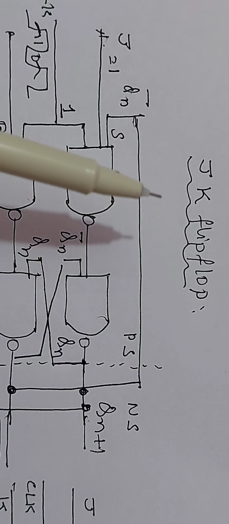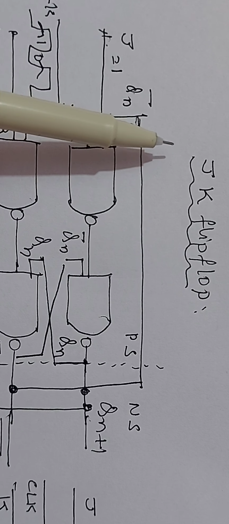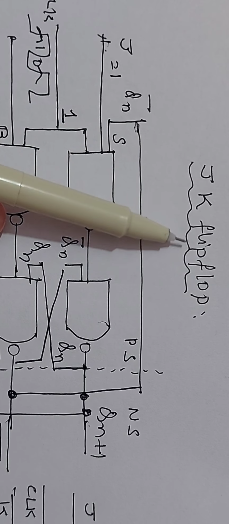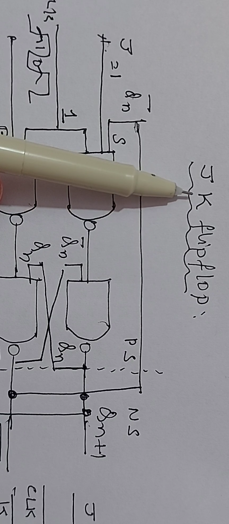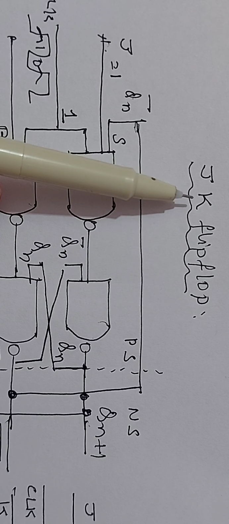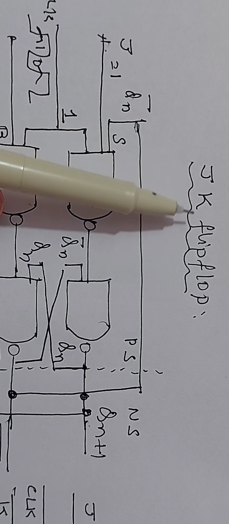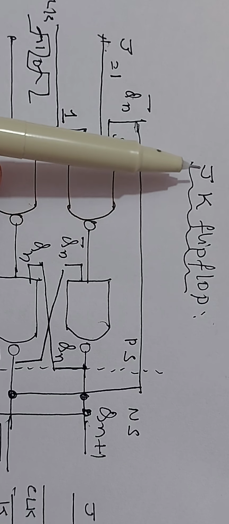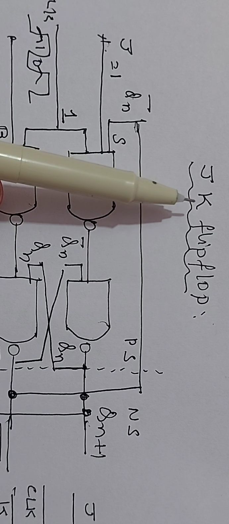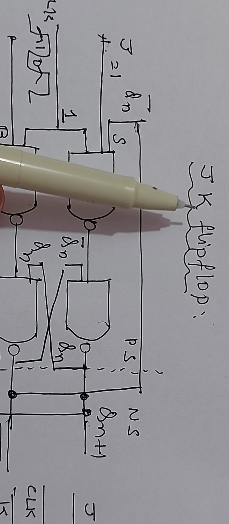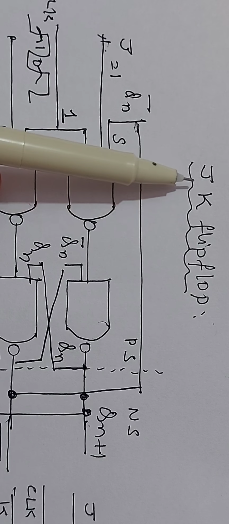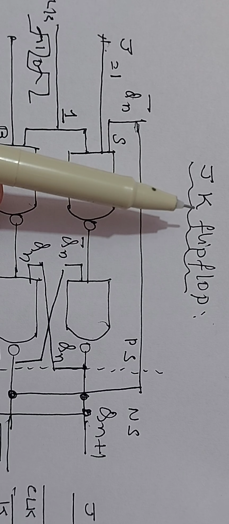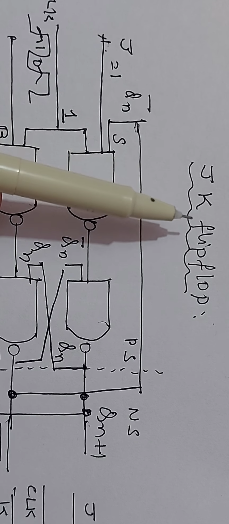Okay, now we will study another type of flip-flop known as the JK flip-flop. The two inputs are J and K, but it has no meaning. In the SR flip-flop, the two inputs are called S and R: S is the set input, R is the reset input. The same SR flip-flop is termed a JK flip-flop, but JK has no meaning. JK is a scientist's name. The first letter of his name is J, the second letter is K. He derived the JK flip-flop.